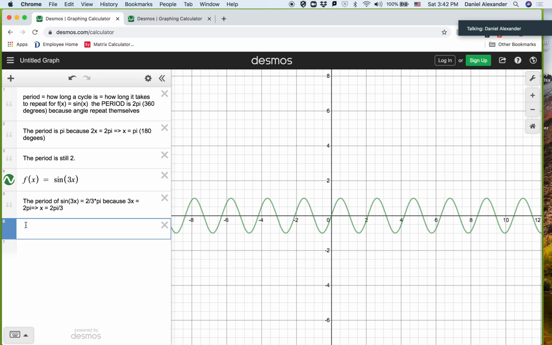You know that if we look at, again, I want to make sure this is a note. The period of f of x equals sine ax is 2 times pi over whatever our a is. Again, let's assume a is positive, so we'll make it an absolute value to make it positive. And that's because if you solve,